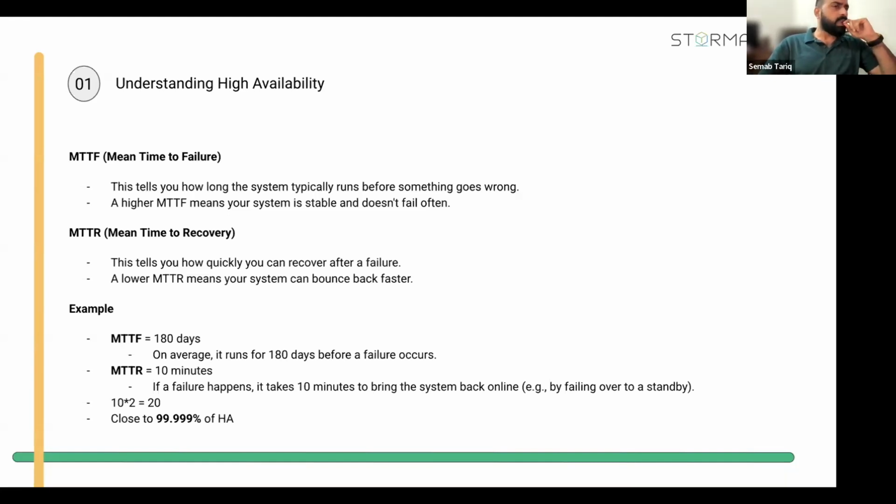So let's say you have a system and that system was up for 180 days before hitting a downtime. So your mean time to failure would be